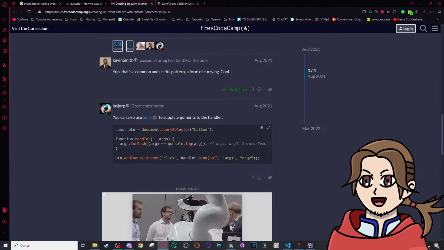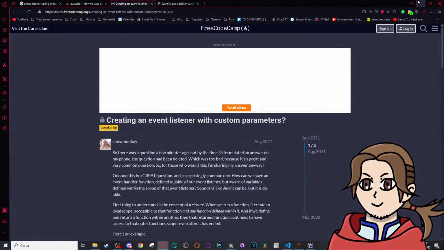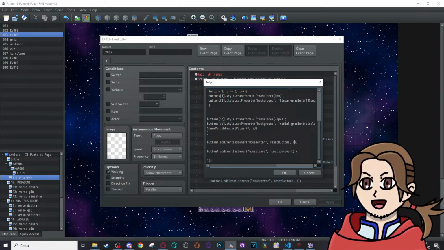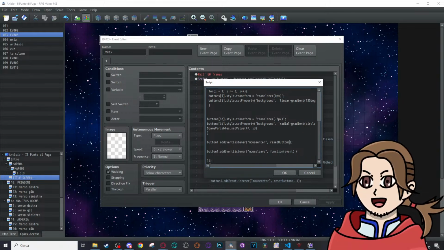Why can nothing be practical? Wait, I have an idea. That's pretty dumb, but actually it's pretty smart, never mind. I don't know how you send parameters by applying event listeners, but I can create a function that calls